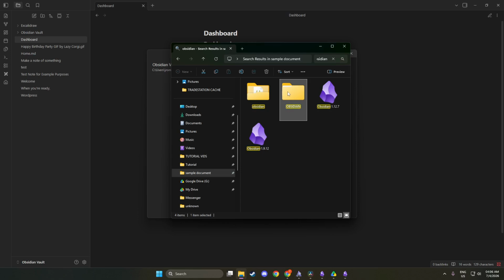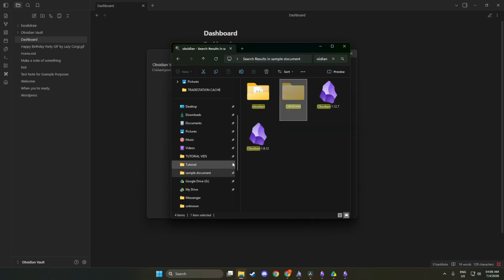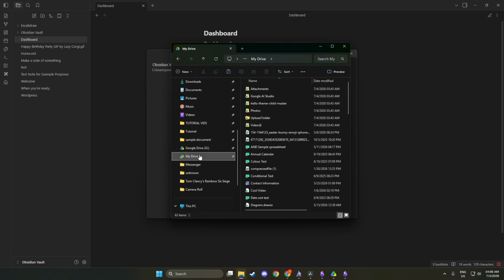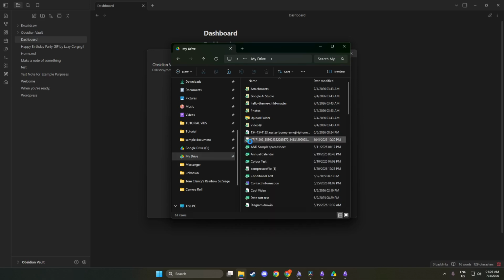Next, locate your vault folder within File Explorer or Finder. Once you find it, you will simply drag and drop this folder to the new desired location. This action is vital as it physically moves your vault to where you want it to reside. You may want to place it in a more accessible folder or organize your files better. As you drag and drop, you will see the folder moving, which reassures you that the transfer is happening.